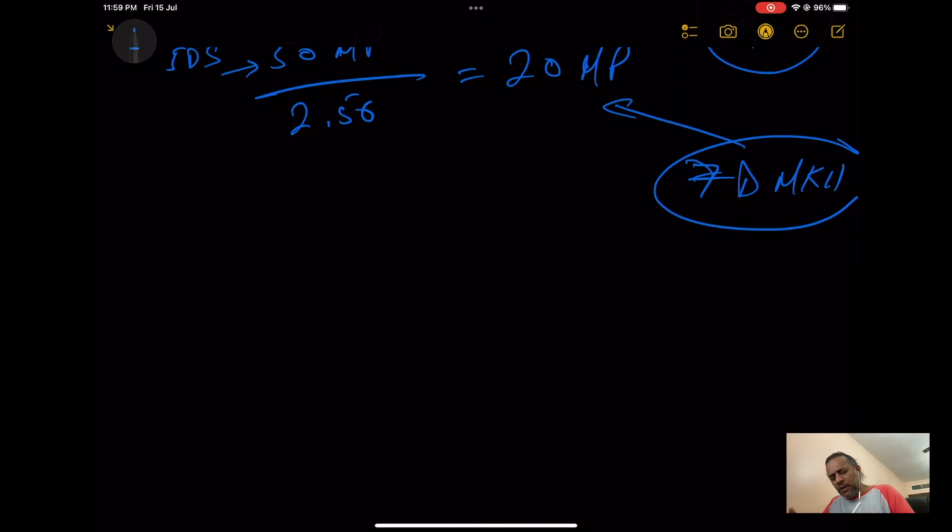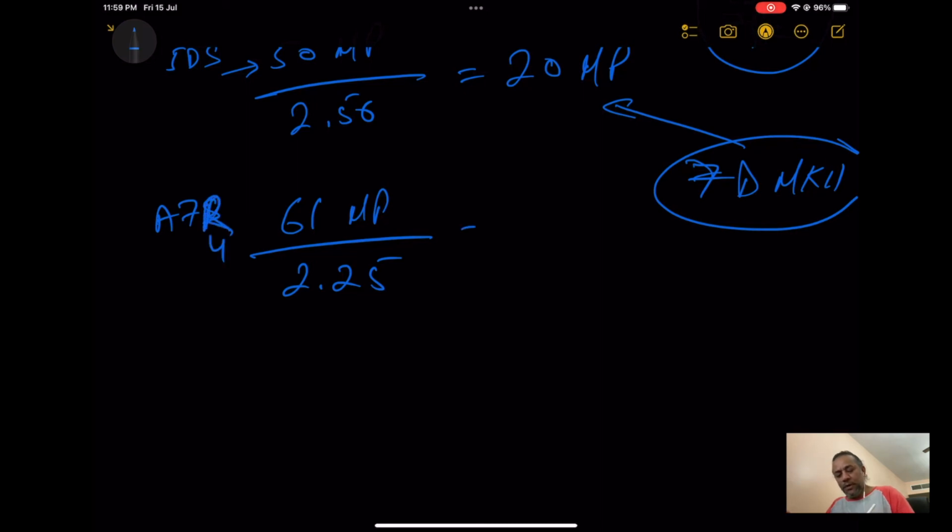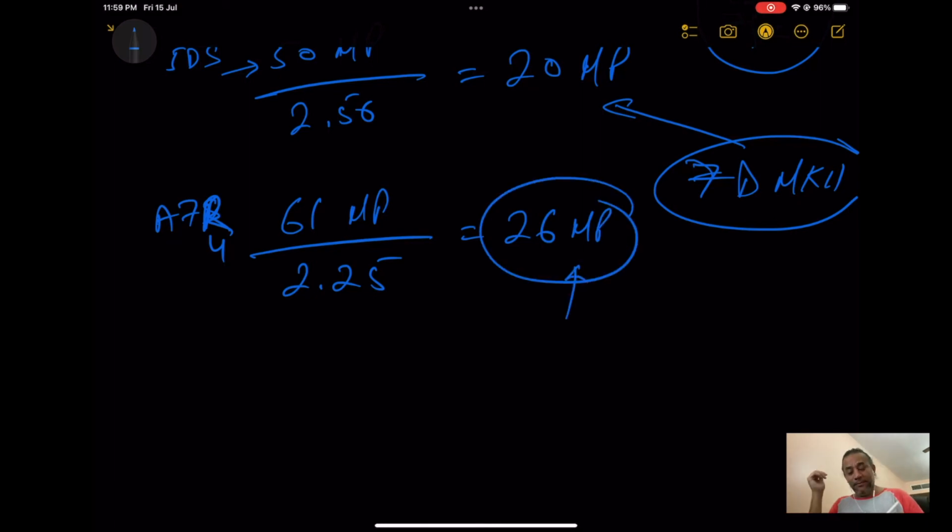Sony, 61 megapixel, and I'm going to use 2.25 because it's Sony. Sony A7R4. So this will give you 26 megapixel. Now surprisingly, 26 megapixel is offered by Fujifilm